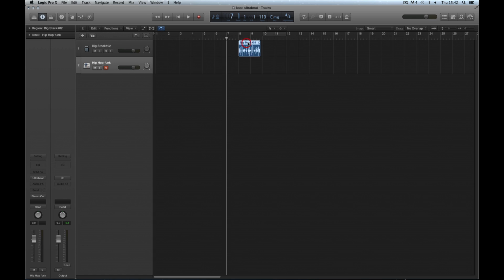Now this will convert this region, which is just a selection from the longer file, it will convert that loop selection into a completely new file of just that loop. Okay, and we can save it anywhere we want. Right, so I'm actually going to save it in my project folder. As I said, it's a good idea before you begin making any loops, you save your project first, so you've got a folder to save your loops into. So bring up the shortcut menu, we do Convert to New Audio File,